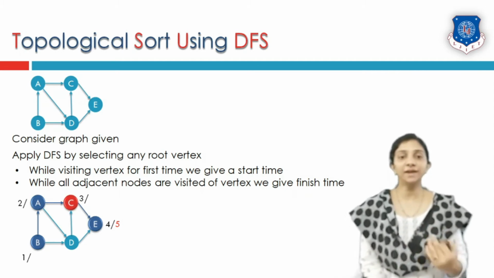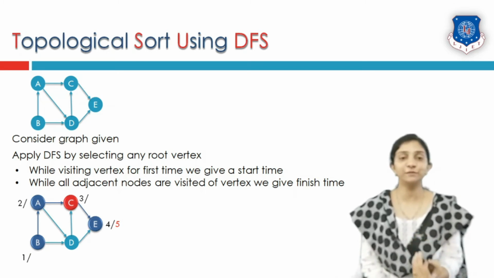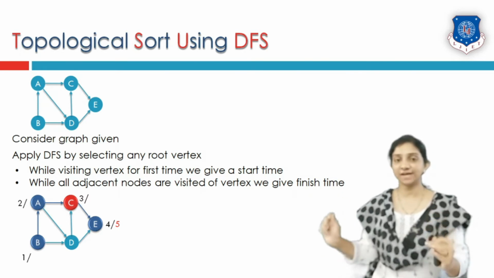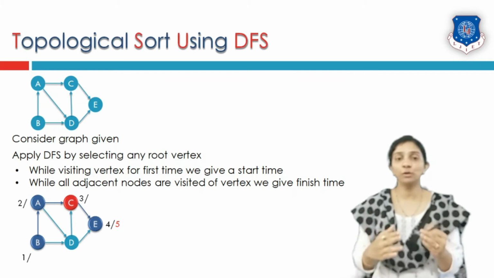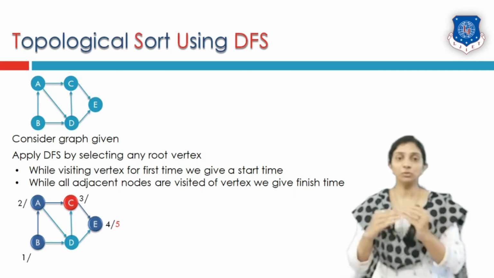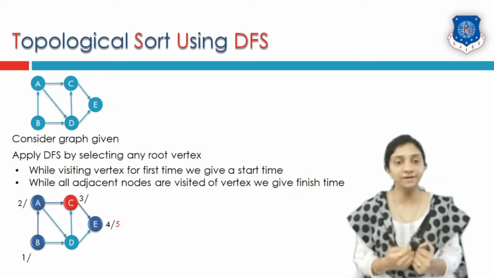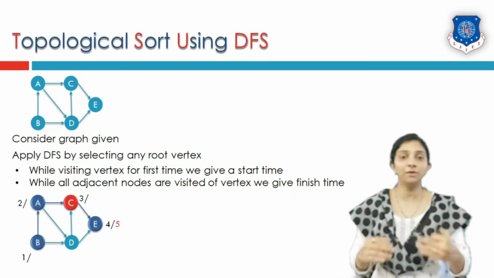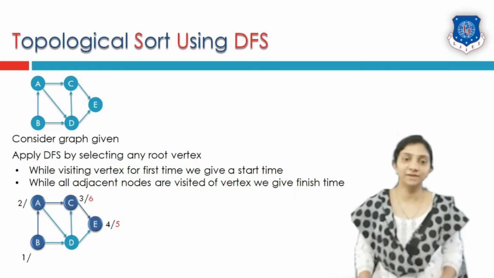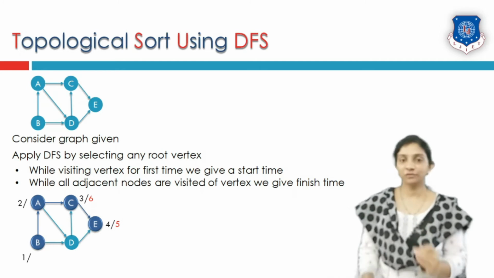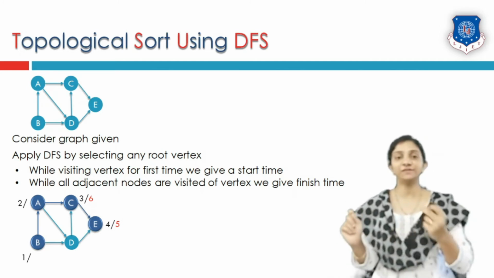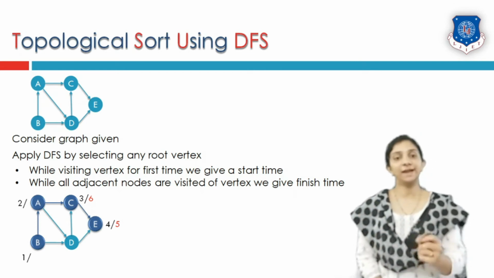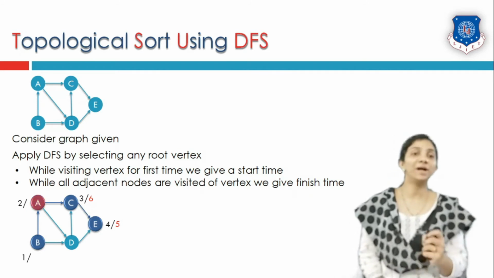From C, are there any vertices still left to be visited? Now from C to D there is no edge. An edge is actually from D to C. So I cannot go from C to D. C to vertex E is the only reachable vertex and that is also visited. So this vertex has visited all of its adjacents. That's why we will give it the finish number. After the last number 5, the next number that will come is 6. That will become the finish number of the vertex, that is 6. And we will go one step back.